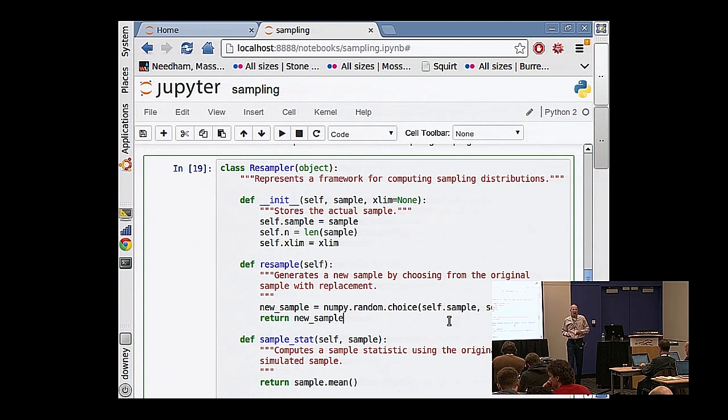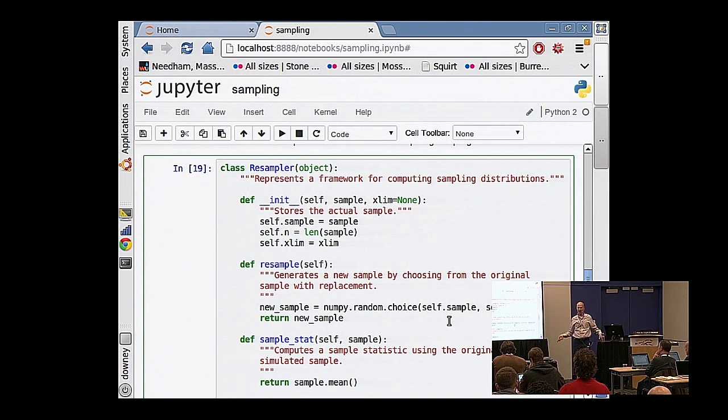Okay, I want to look at some code. This is, I believe, the hardest part of the whole workshop. So if you get this, you're over the hump. If you don't, well, there's no hope for you. You're just done. No. So I've taken some of the code from the previous section.